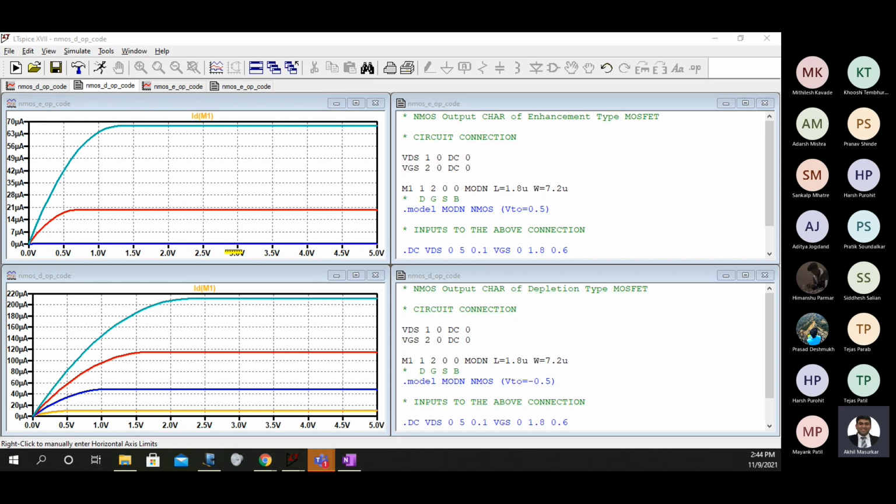So now you will all post the outputs of the PMOS, input characteristics and output characteristics for enhancement type, and the same thing you will do for a depletion type. Come on, do it.